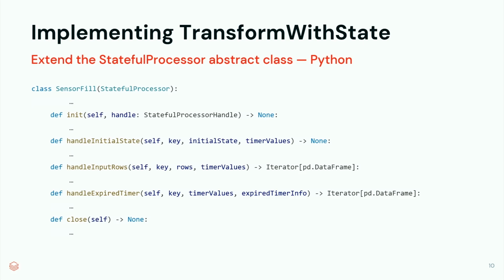So this is how to implement TransformWithState. Instead of the previous version of arbitrary stateful operations, you can implement in an object-oriented manner. With TransformWithState, you extend the stateful processor abstract class and make a class of your own. And with that, you extend and implement the abstract methods. There are functions that you need to implement. A couple of these you're going to implement every time, and then a few you're only going to implement if you have the usage for them. The functions you'll implement all the time are init, and then you're going to implement